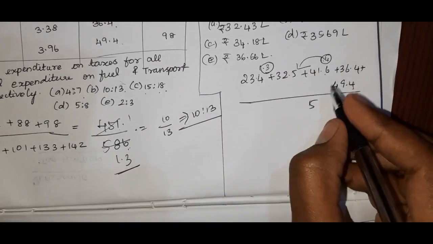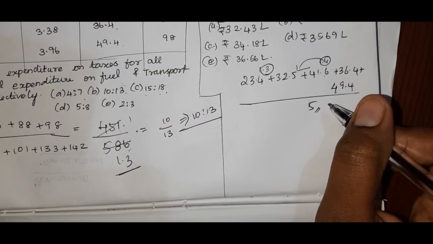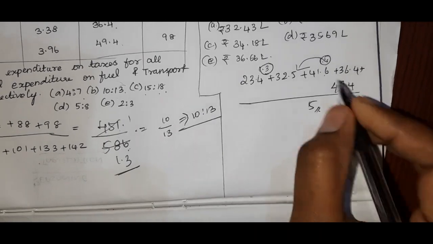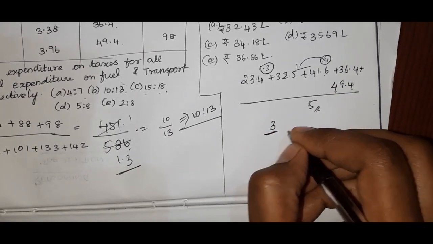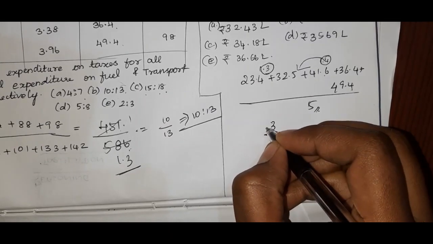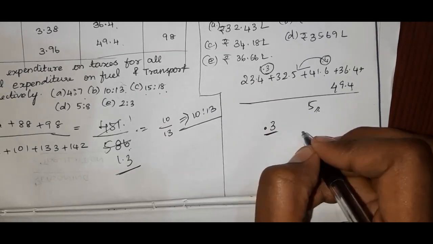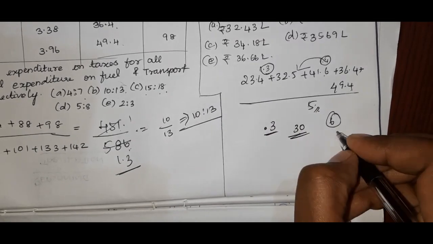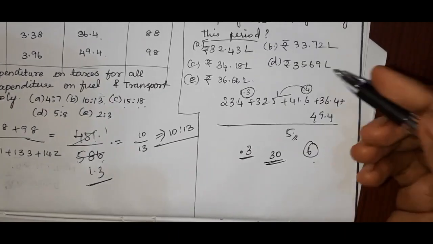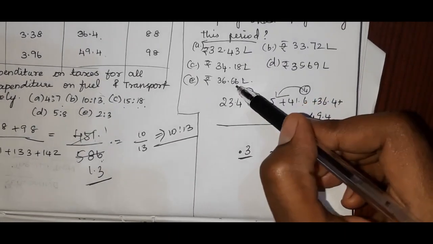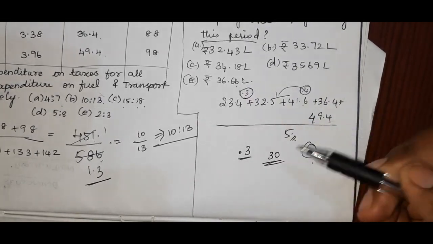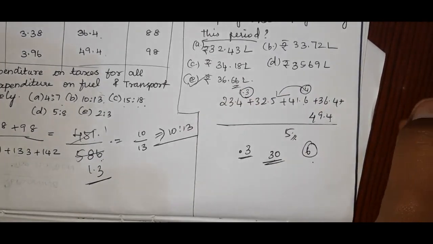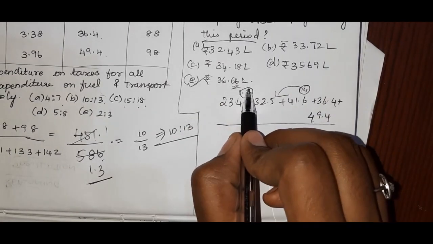If a number is ending with a 0 or 5, then only it will be divided by 5. So 3 is near to 5, right? Since this is a 0.3, we can take this as 30, okay? So this will be divided by 6 times in 5 table. So check which value ends with 6. This value is ending with 0.66. So we get the last digit as 6 and we can blindly choose the option E as the answer, that is rupees 36.66 lakhs, okay?